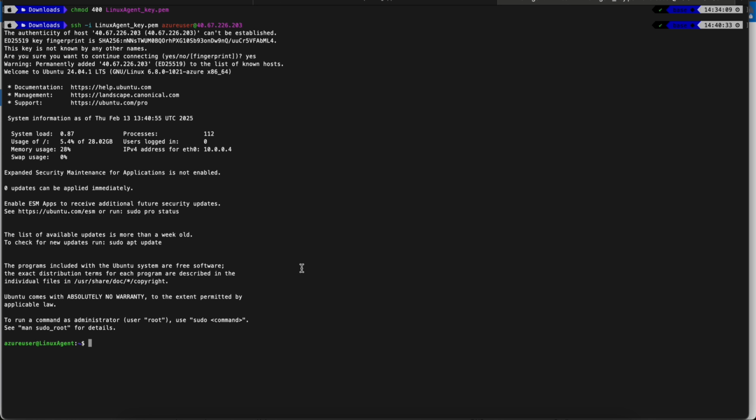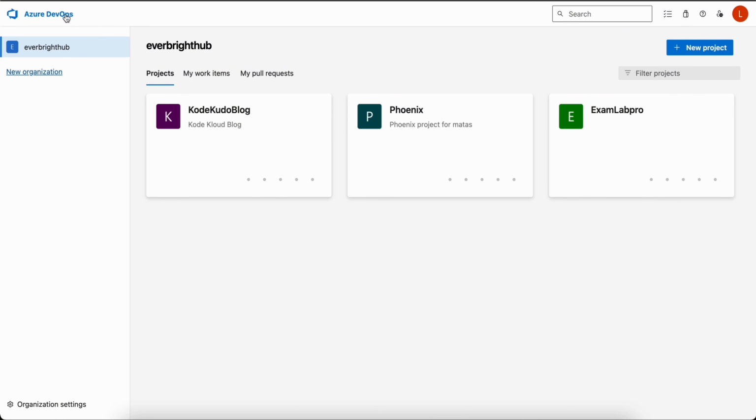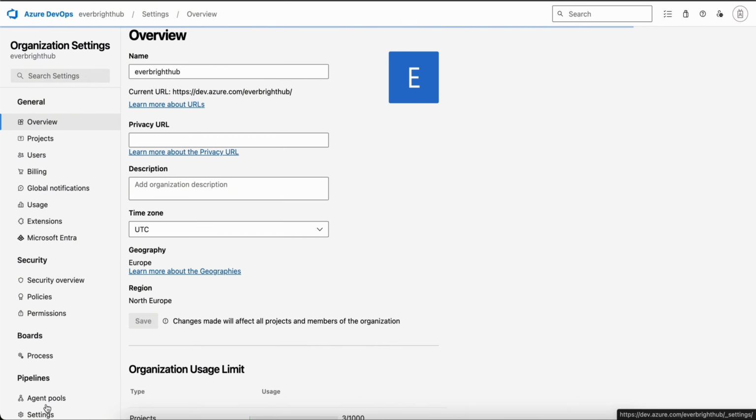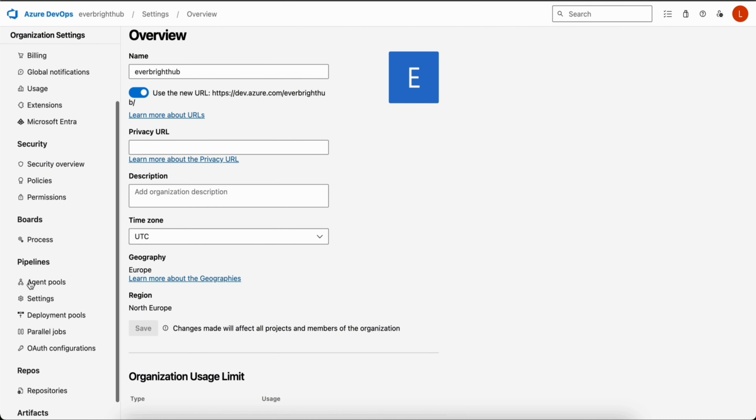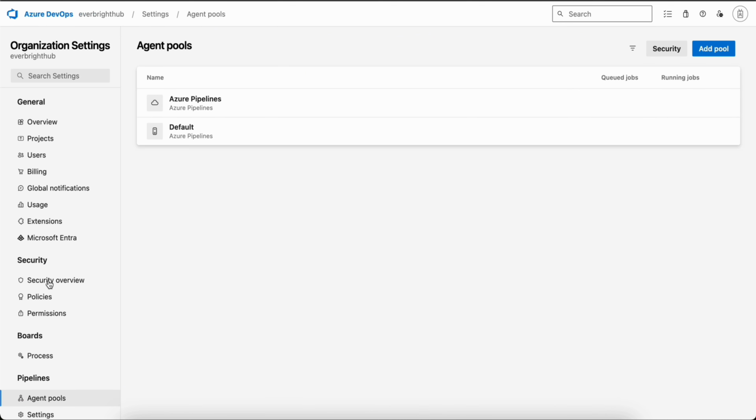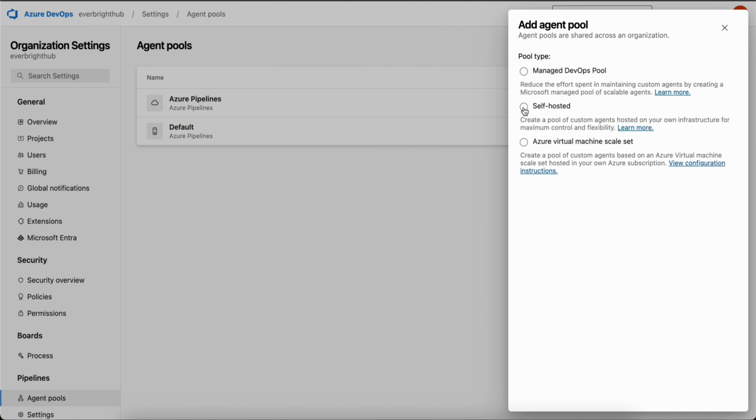So now what we need to do is set up our agent configuration. For that, we need to go to our Azure DevOps portal if you have one. So it should look like that. And once you are there, go to organization settings, and from the organization settings, scroll down to agent pools. Click it, and now we have a default agent pool, but we want to add our own agent pool. Then click self-hosted